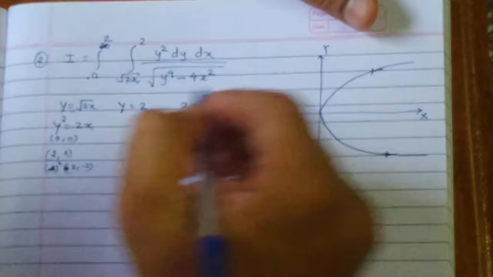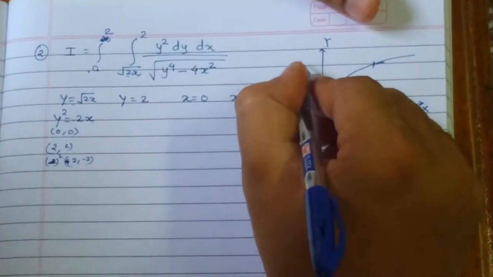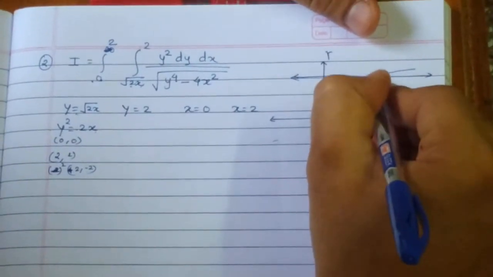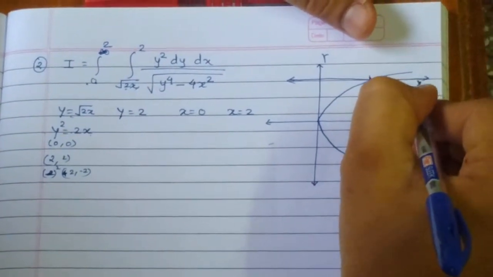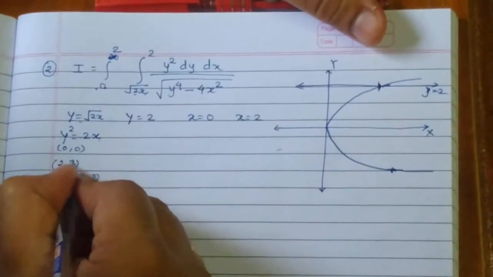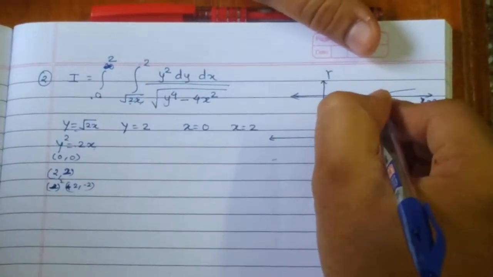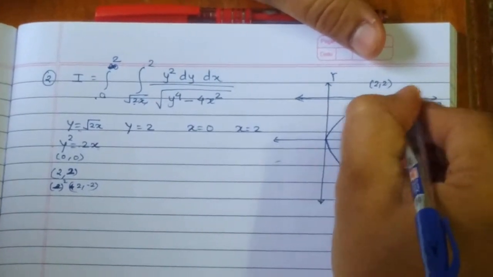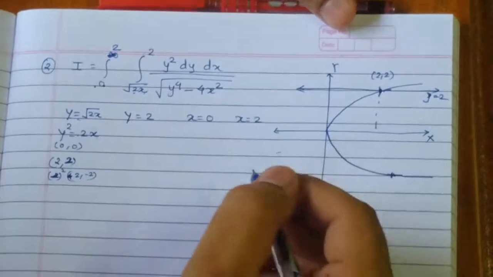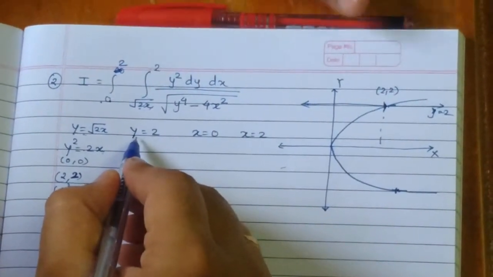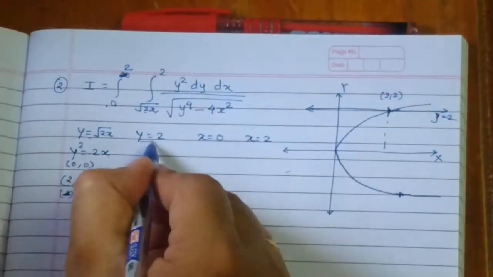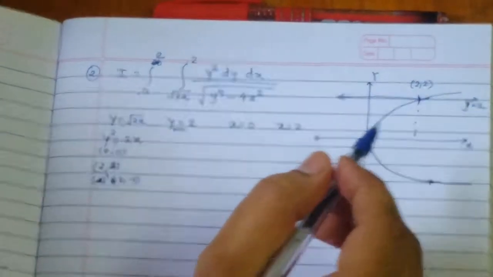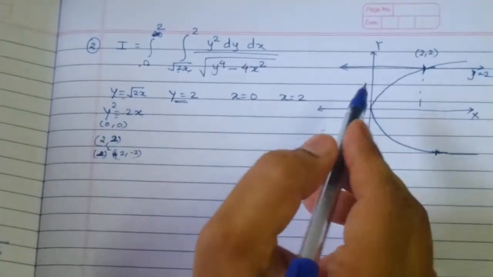Next is y is equal to 2, which is a straight line. It is something like this, which intersects the parabola. The equation of this line is y is equal to 2, and as I discussed, 2 comma 2 is a point on the line, so this point will be 2 comma 2. The point of intersection of the line and the parabola is 2 comma 2. You can easily work it out by substituting this linear equation in the equation of the parabola.